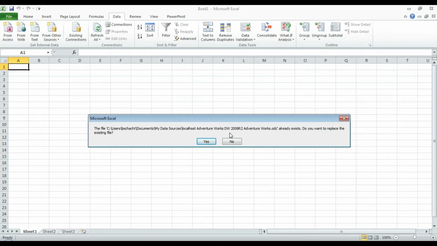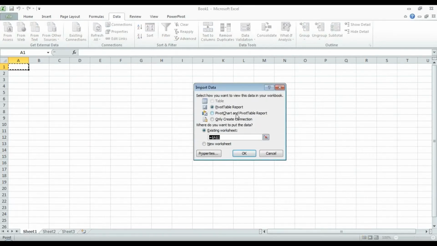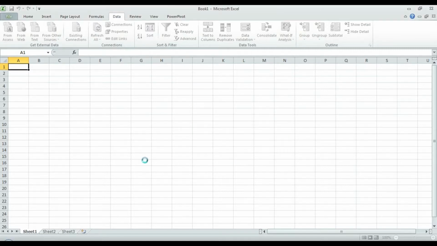Problem with that is if I deploy this workbook to SharePoint right now, nobody else is going to have access to my documents folder on my computer, especially if my computer is turned off. They're not going to be able to access this, and therefore they're not going to be able to get any data refreshed inside the workbook. So I'll go ahead and overwrite the file that I've got there, and we'll just do a pivot chart table. Toss those out there,